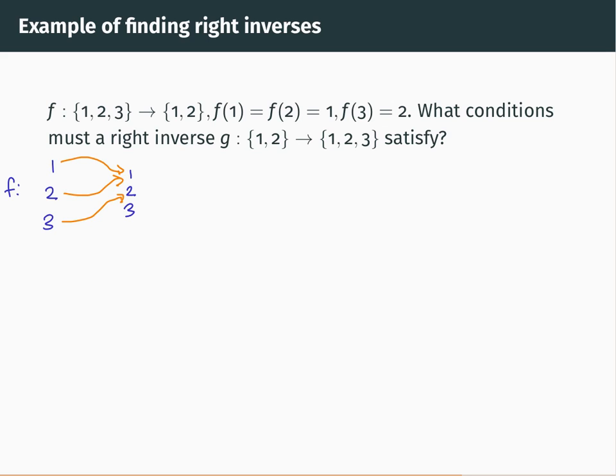What I will do instead is answer the question which I've written at the top of that slide, which is, what conditions must a right inverse to f satisfy? In other words, can we find whether f has a right inverse, and if so, what it has to look like? So g is a right inverse to f if and only if, well, the definition is f composed with g is the identity on the set 1, 2,